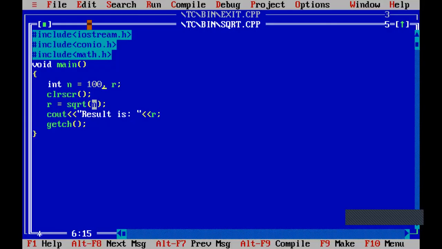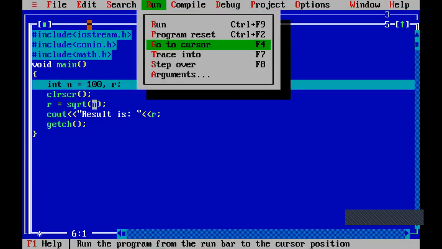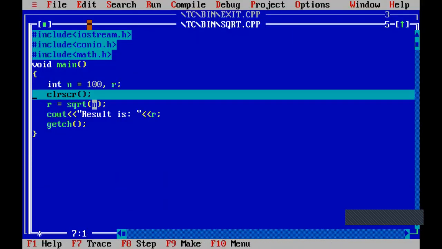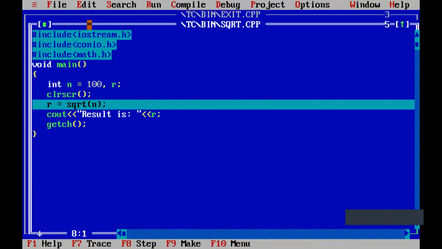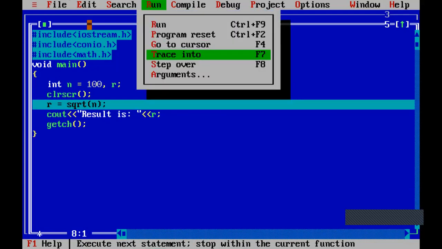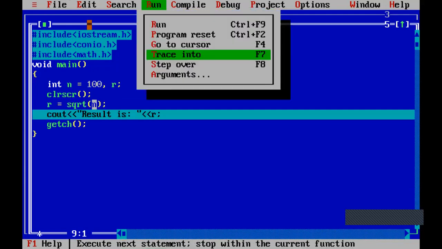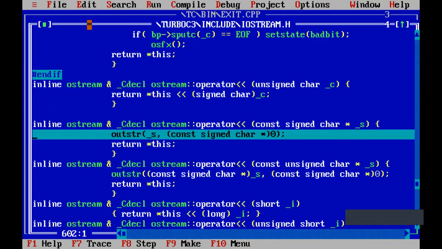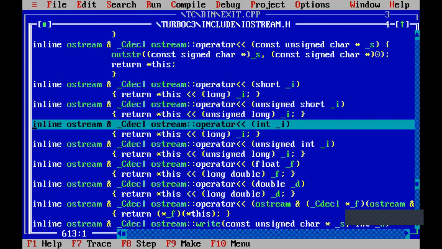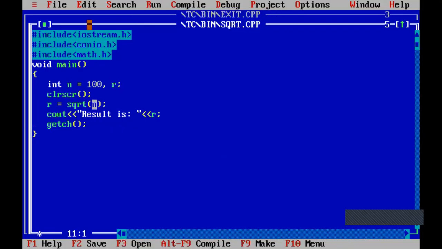Now if we see line by line execution, sqrt of n. Whenever we are using a header file, we have to remember why we are using these header files.